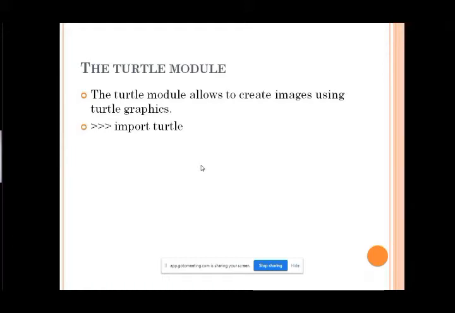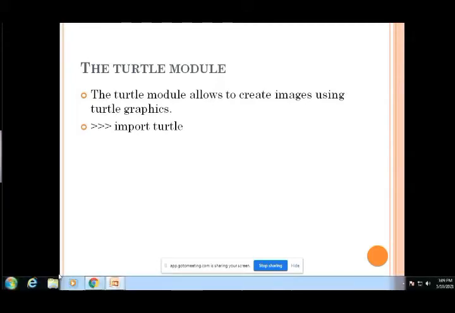Here, by typing import turtle, it is then able to access the turtle module. Next, to check whether your turtle module opens on the Python interface, type import turtle.